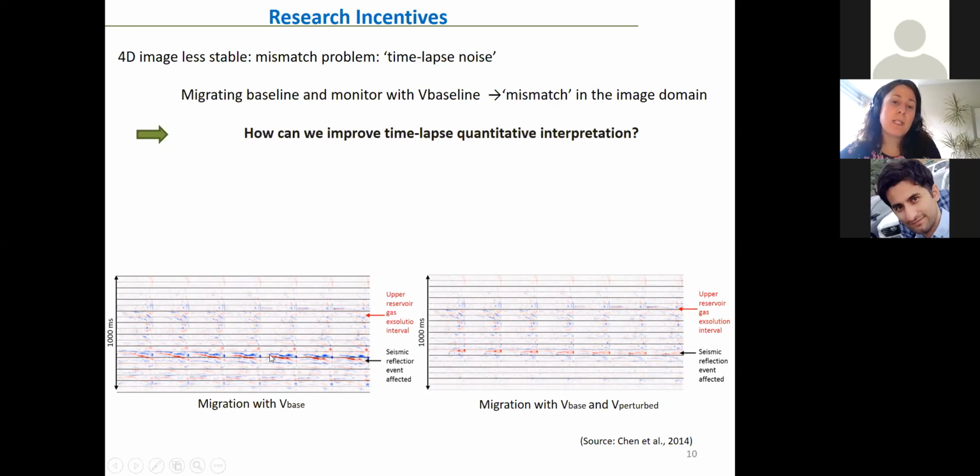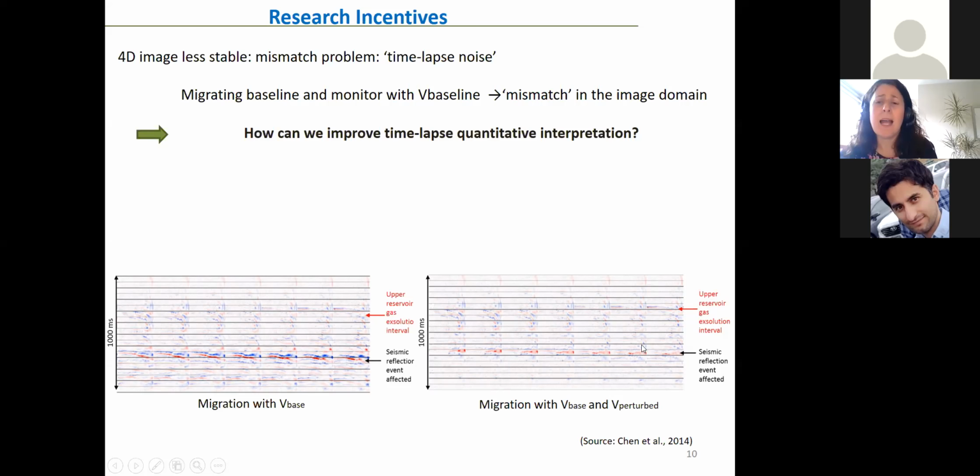But if you notice, the timing of this reflection is changing with offset, okay? Now what they did is they essentially updated their migration with a proper velocity model. Let's call it V perturbed. And what they showed was that not only is the seismic reflection event now flat, but also its